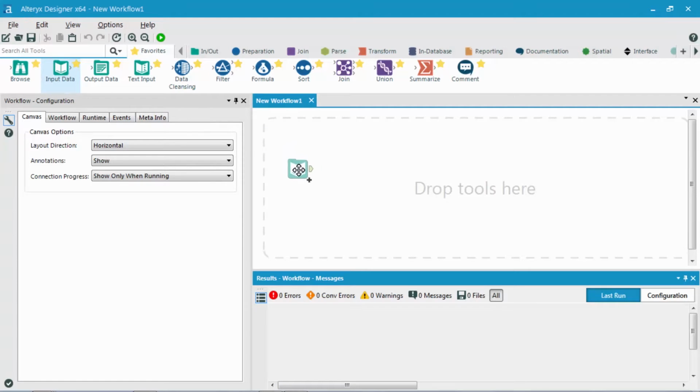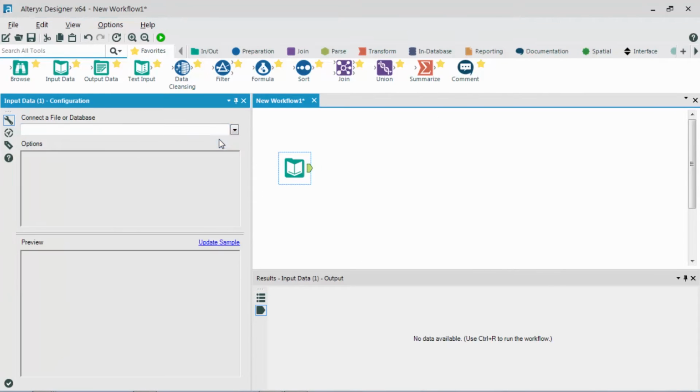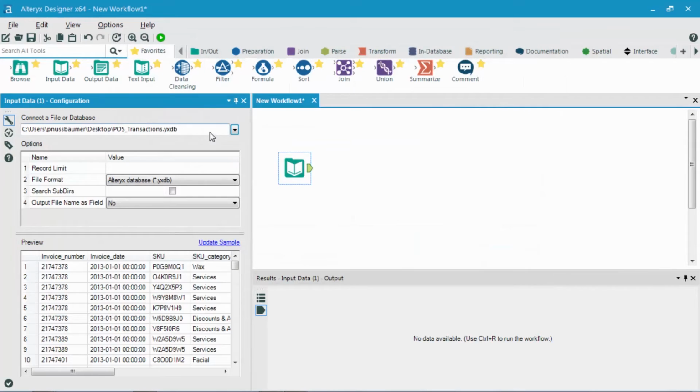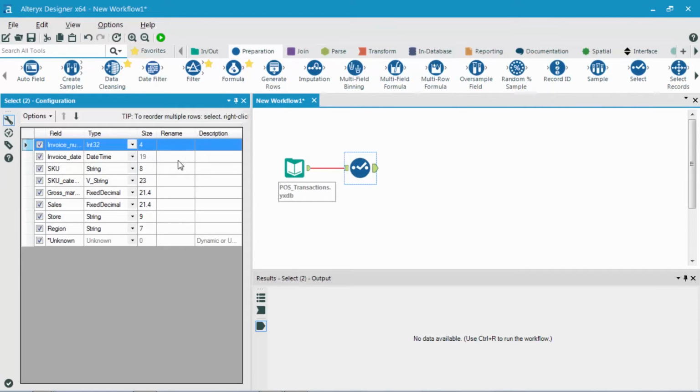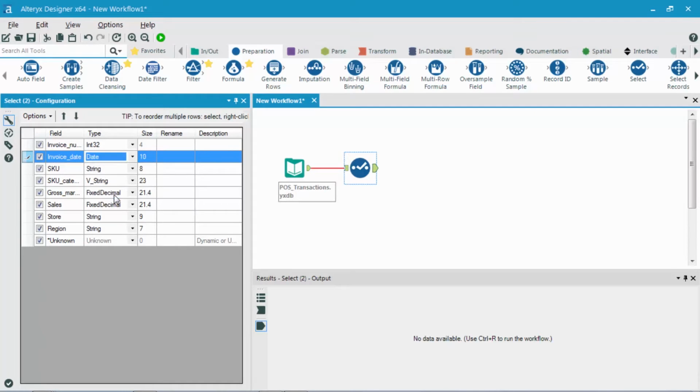First, we'll bring in the point-of-sale transaction data into Alteryx using the Input Data tool. Next, let's add a Select tool to change the data type of the invoice date field to a date, change the number of decimal places on the gross margin in the sales field, and remove unnecessary fields to help speed